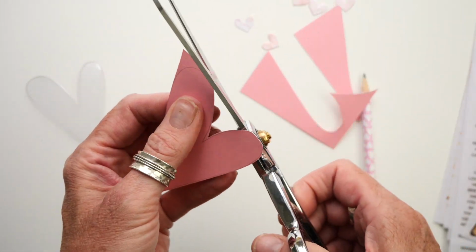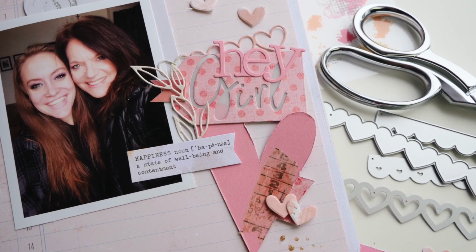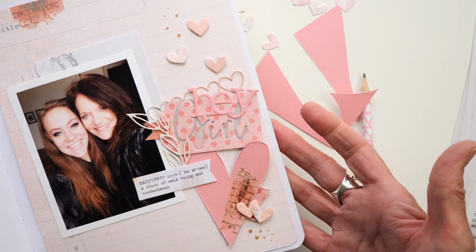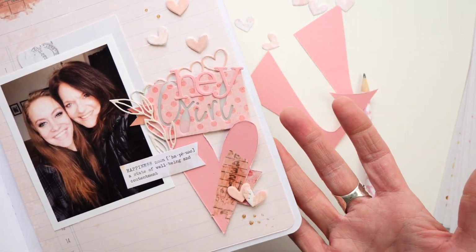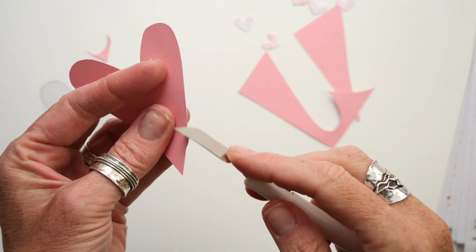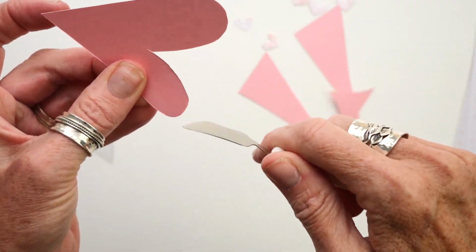for your page. Now, the inspiration for this DIY embellishment today is this page here. The whole entire side page is made from using papers and bits and pieces and bringing them all together, except for this piece here. So let's continue. After I have cut the heart out, I'm going to take the spatula here and distress the